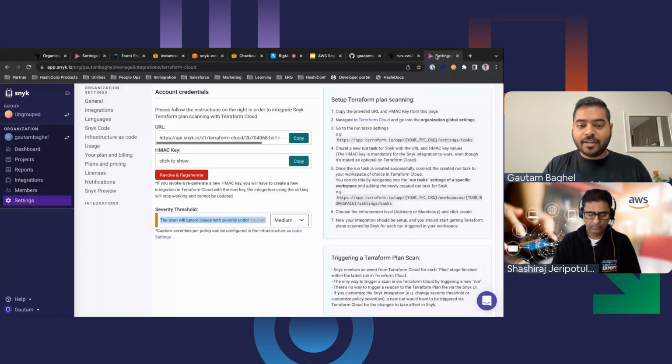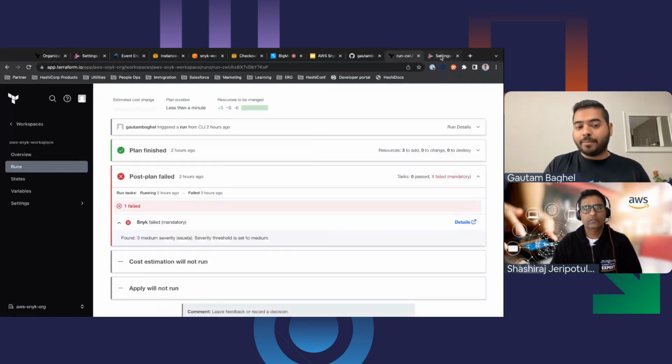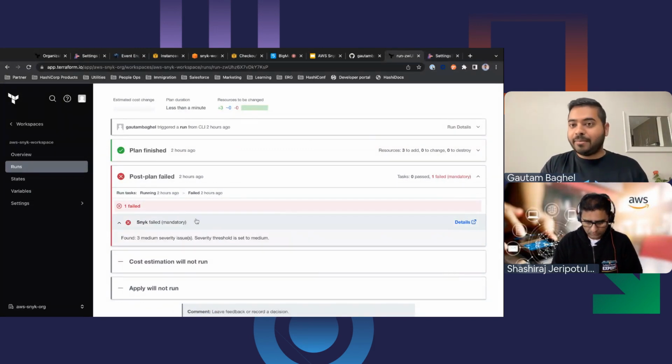But if I set the threshold to high, it's going to let me pass, because this ingress vulnerability is medium, as Snyk says.